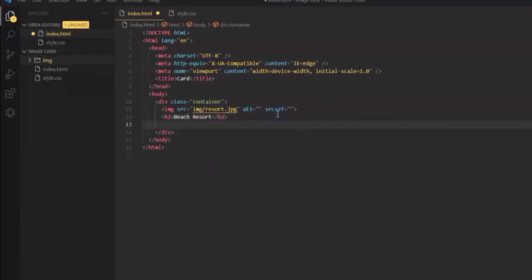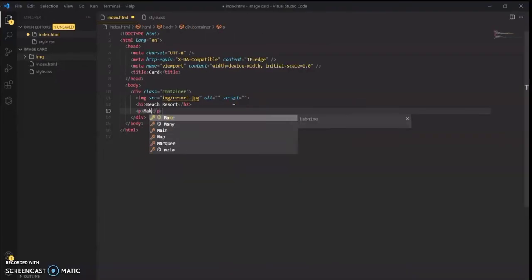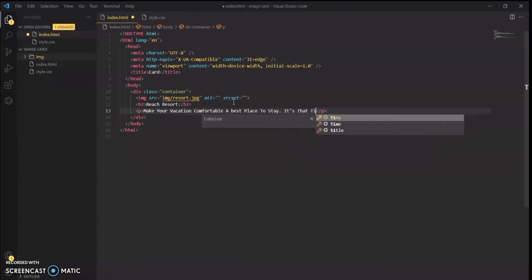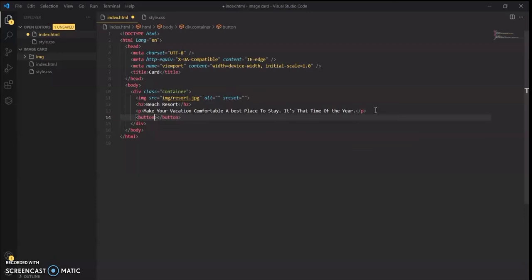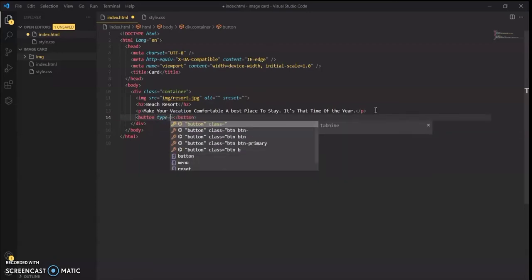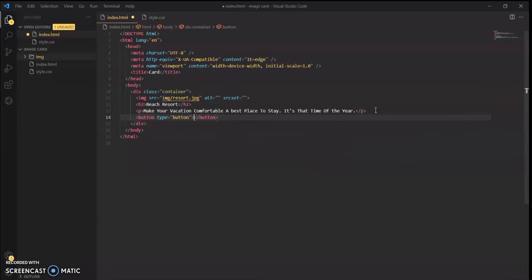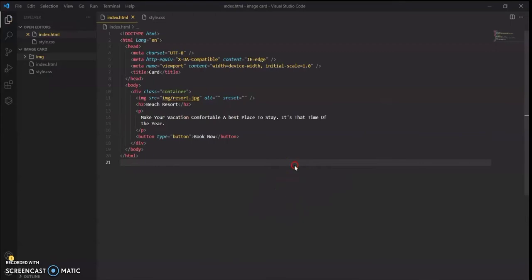And the main reason behind giving common classes to both the cards was that we will be using the same styling for both these cards, and we can avoid using the same styling multiple times, and it also makes our code DRY. So we have inserted the image and the paragraph. Now let's see the output.